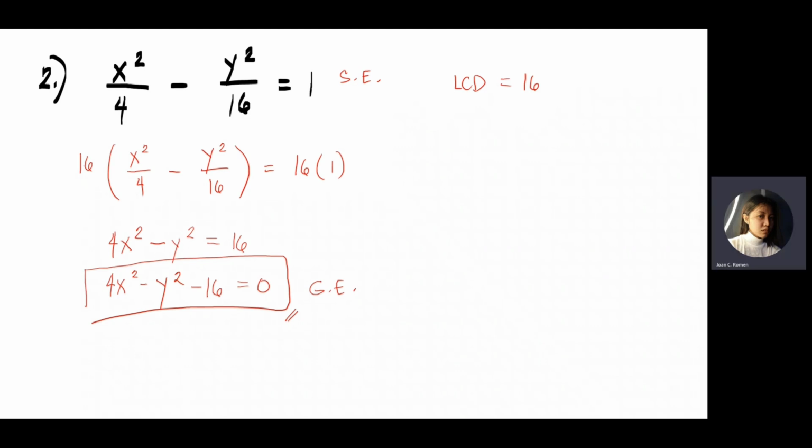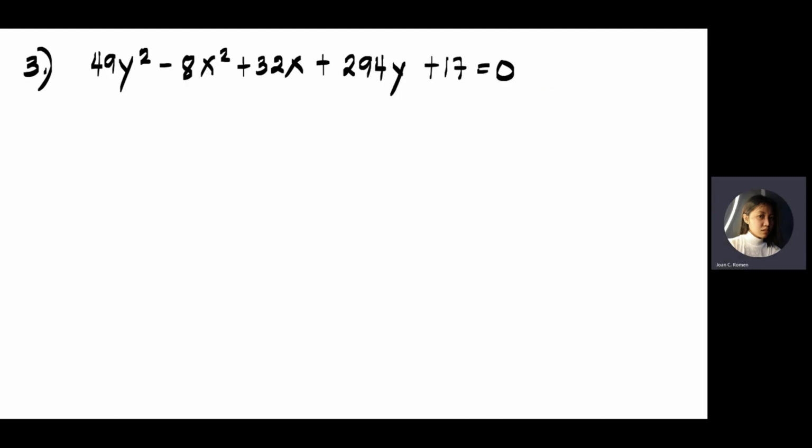Okay, again, kapag standard equation to general equation, kunin ang LCD, and yung LCD i-multiply sa buong equation, then simplify. Okay? And dapat 0 lang yung matitira sa ating right-hand side. Okay? Example is 49y squared minus 8x squared plus 32x plus 294y plus 17 is equal to 0. So this is in general form. So this is the general equation of the hyperbola, and now we're going to transform this general form into standard